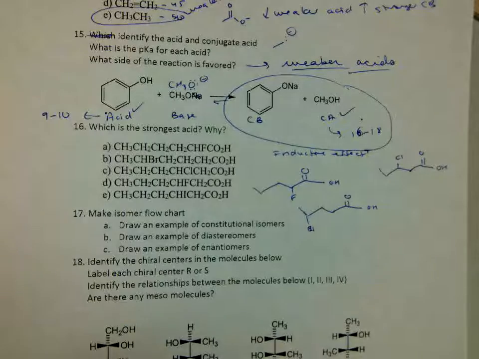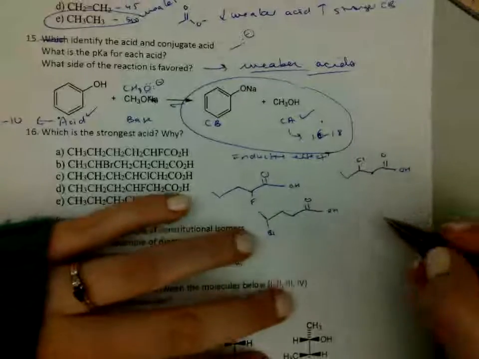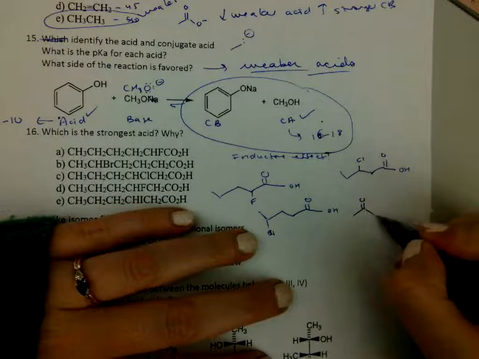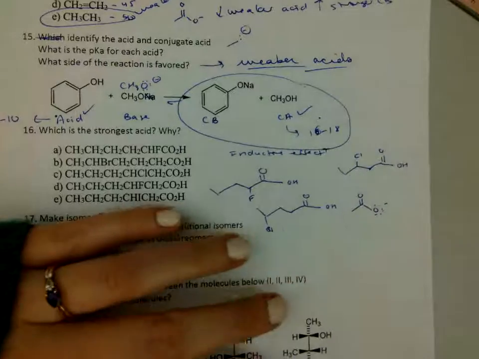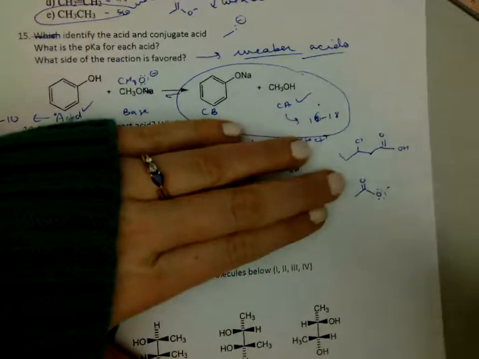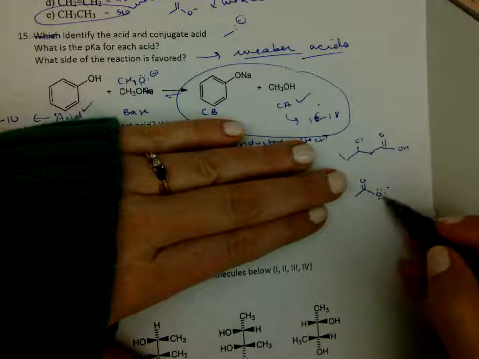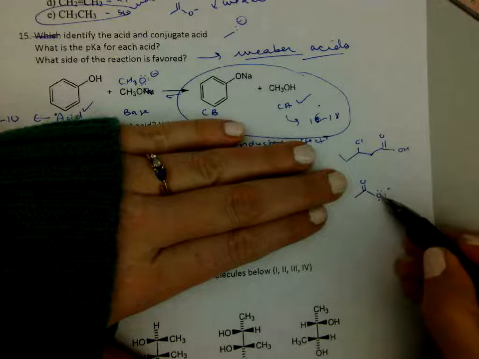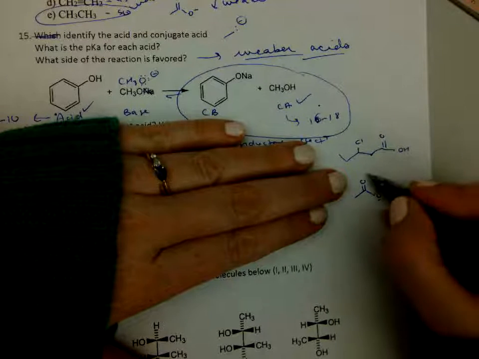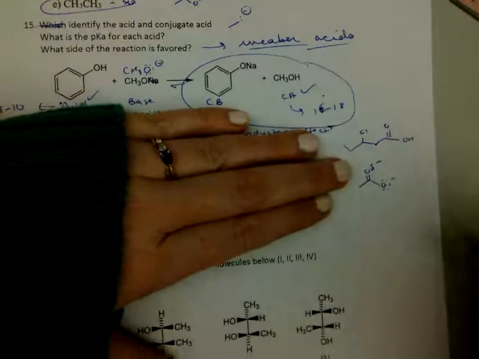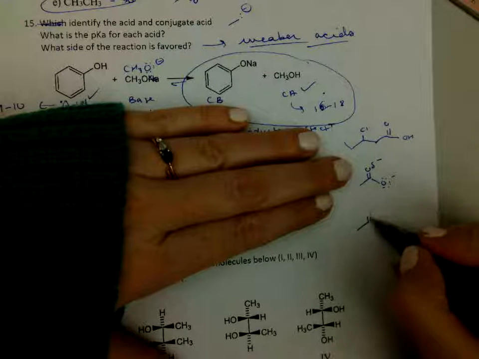And this is, again, acids are all about the thing that's most acidic is going to be the thing that's most willing to give up its proton, because the negative charge that's left behind can be stabilized. And if you have this negative charge, that's going to be, because of resonance, focused here and here. You'll have a partial negative there and a partial negative there. But if you have